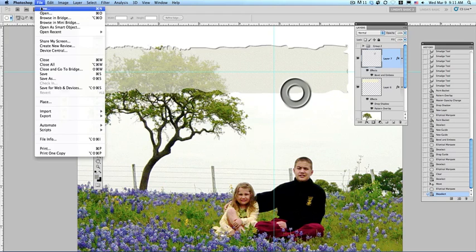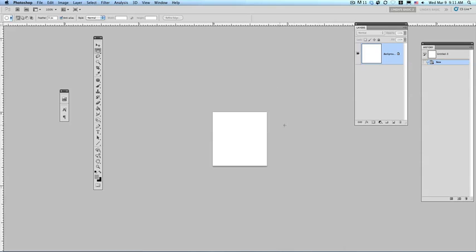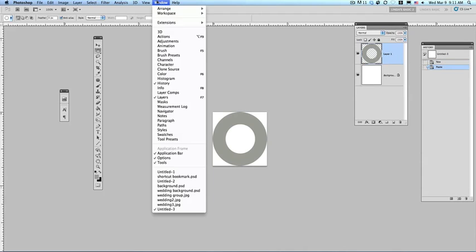Go to File, New, and it will give me the file size that I just copied. So whenever you copy something and you want to paste it into a new file, you just want to use this clipboard preset. So I'll click OK and paste, and it did not keep the actual effects for me,